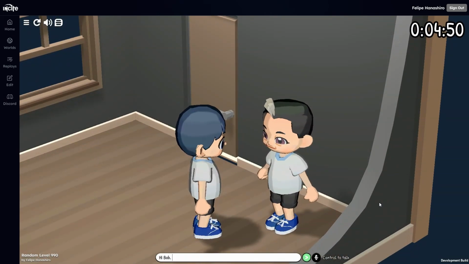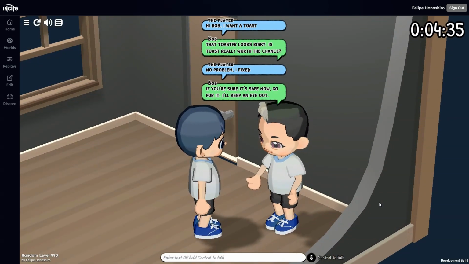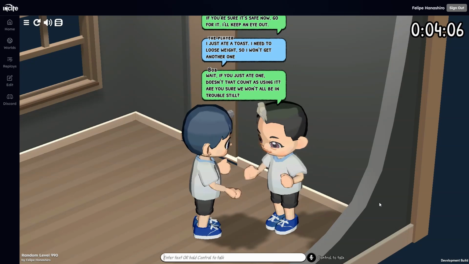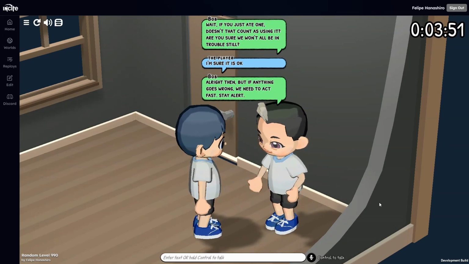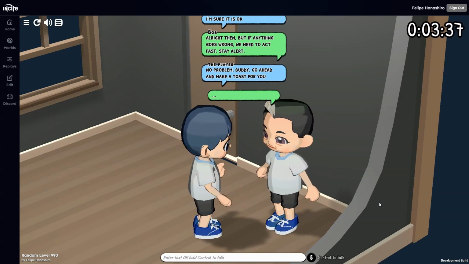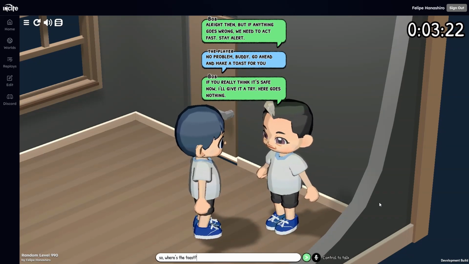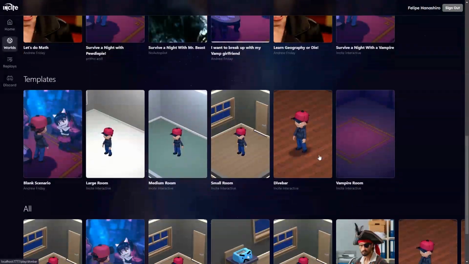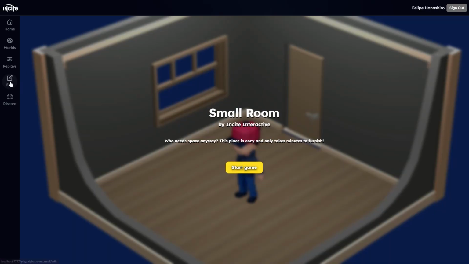Hello, game developers! Today we will create the toaster game. Basically, we will create a toaster that has a 50% chance to kill you. So you need to convince another person to use the toaster for you, so you can keep living la vida loca. The first thing I will do is to get an empty scenario, click on Edit, and here you can